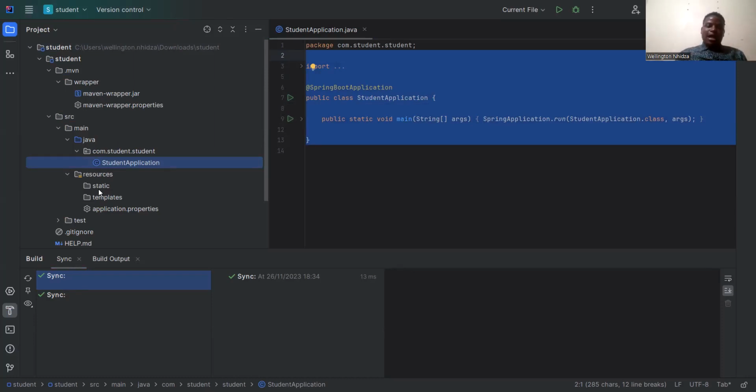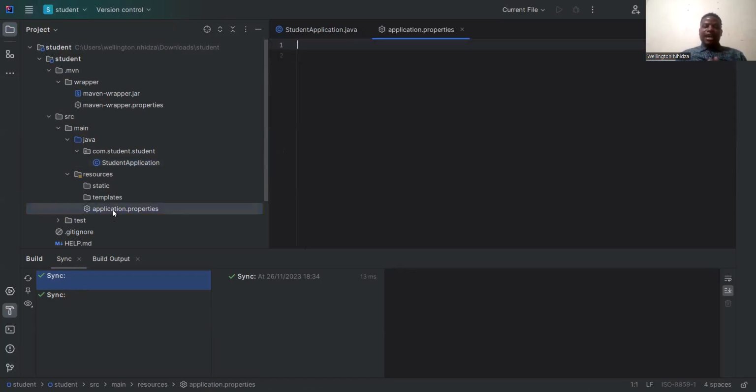So this is where I go to the static folder, I put my HTMLs, and in the templates my CSS, all these things you can put right in these folders. And these properties, this is where we configure